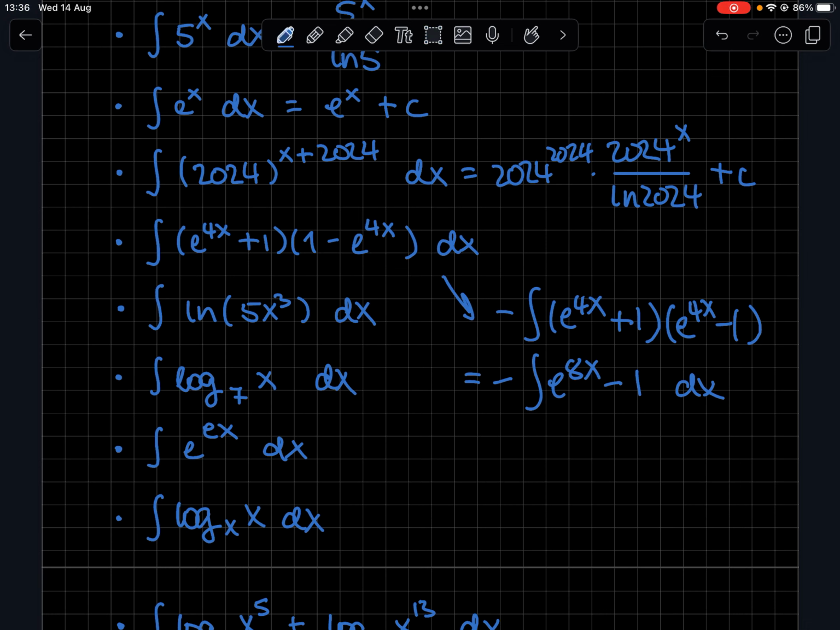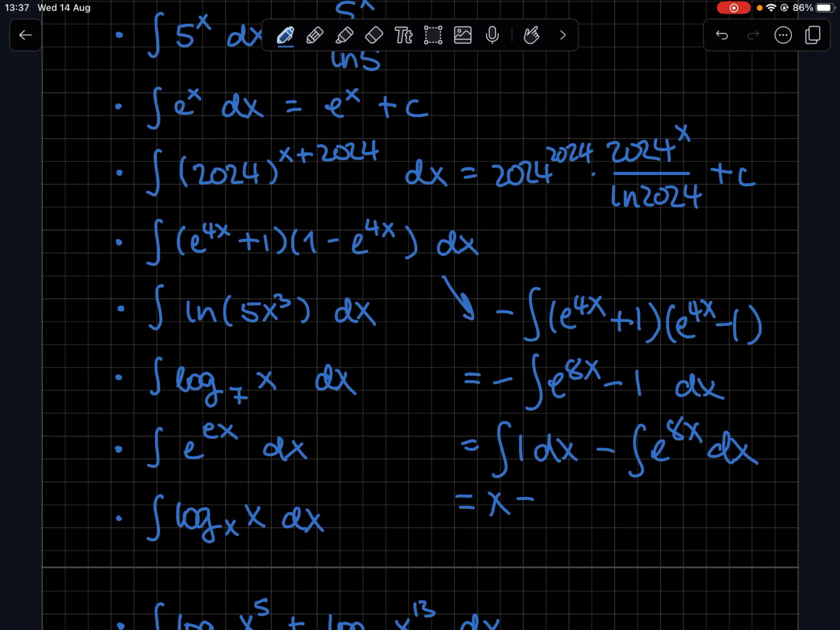And we can now distribute this minus back inside, as well as split the integral. So we can write this as the integral of 1 dx minus the integral of e to the power of 8x dx. Okay, this step should be clear. Now the integral of 1 dx is x, and the integral of e to the power of 8x is